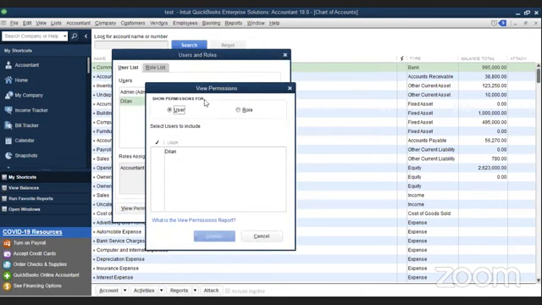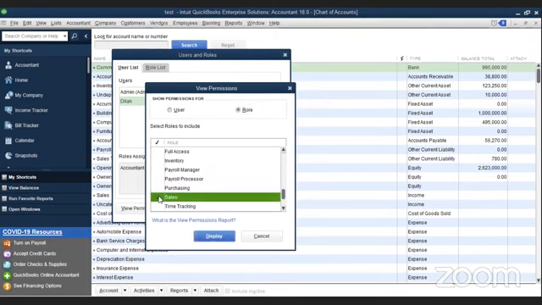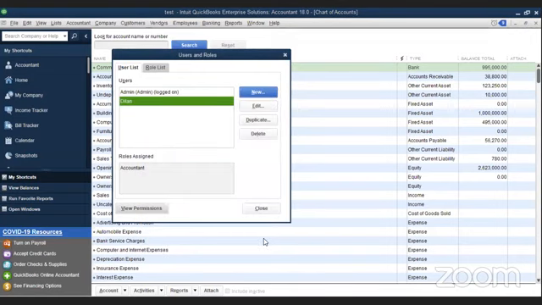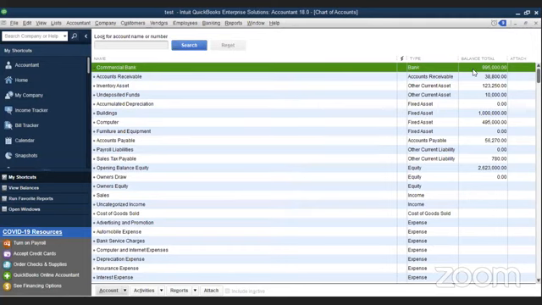You can see show permissions for role and user. You can pick any role. You can see full access, accountant, banking. So if I pick these things, if I say only sales to Dylan, he can only access sales. You can always do it. You can do anything you want with the users. You don't have to worry about it. It is just an example I showed. Okay. So I think I covered almost everything in this area.